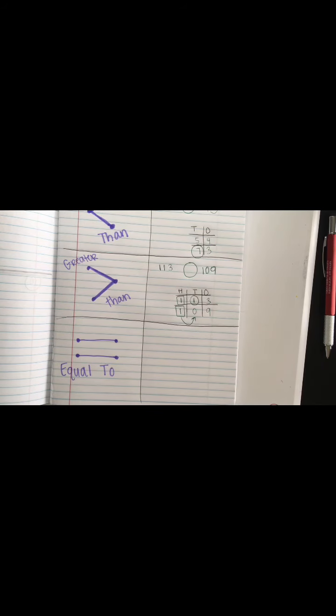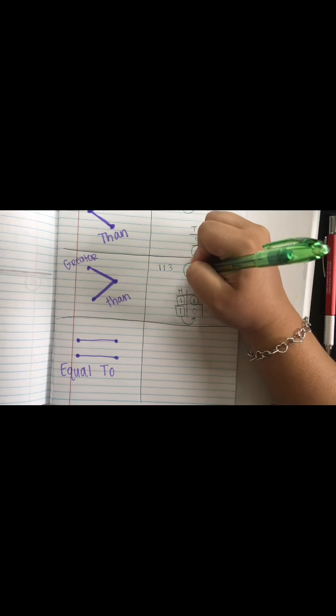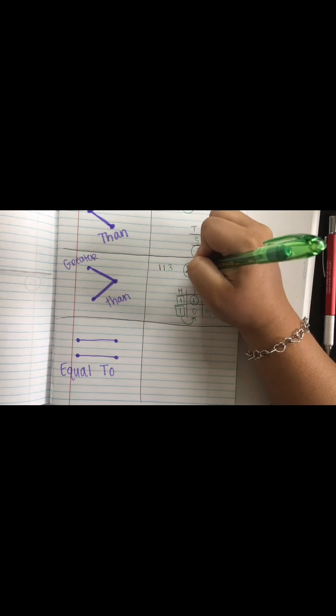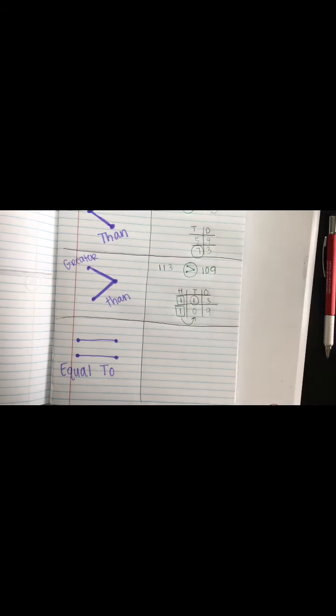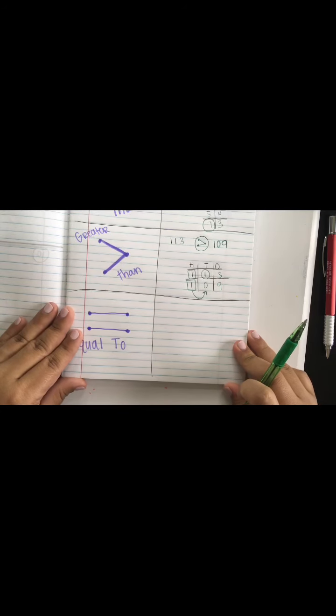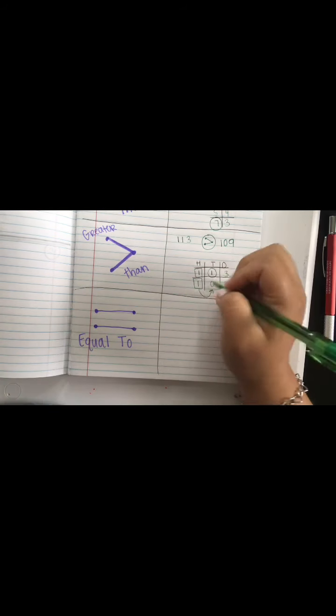So now we can do our number sentence. 113 is greater than 109. This is where those two dots come in. 113 gets the 2. 109 gets the 1. We connect it. Now, this next one is our equal to. Remember, you can pause at any time so that you can catch up. Our equal to numbers, I'm going to use the numbers